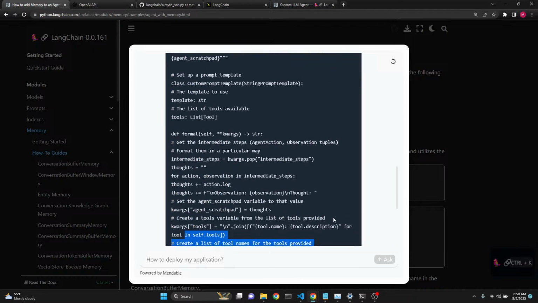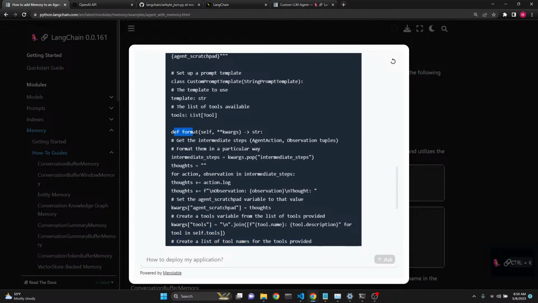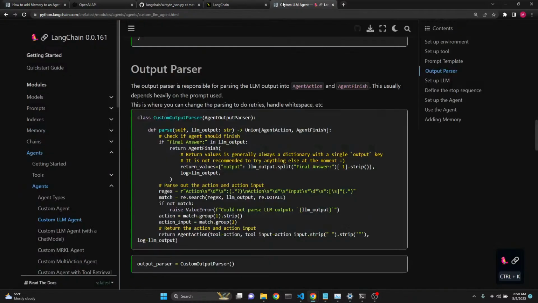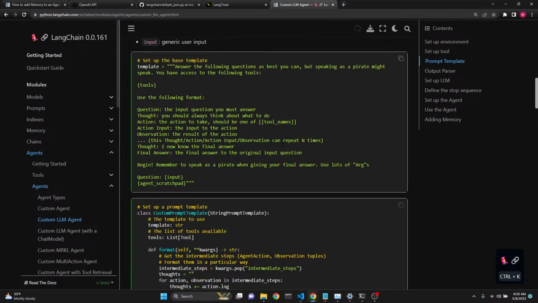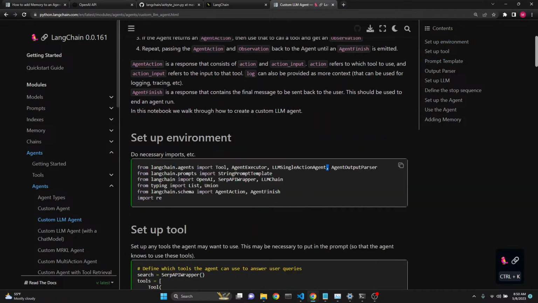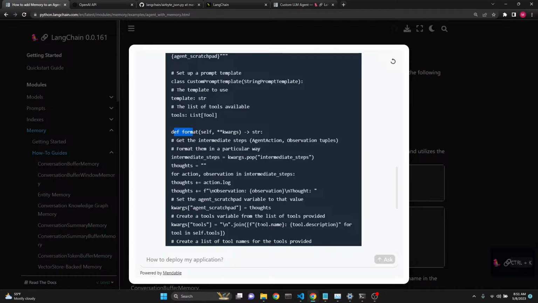So it cuts off, but it's not defining a class. As far as I understand it, it's supposed to define this custom output parser class, because that needs to take in agent output parser as a parameter, since that is being imported right here. If it doesn't do that, then it's probably not going to work. But I'm pretty sure this is using GPT-3.5. If we were to use GPT-4,